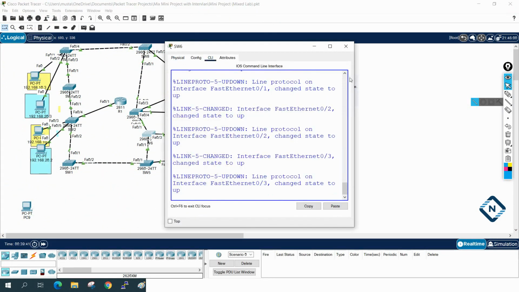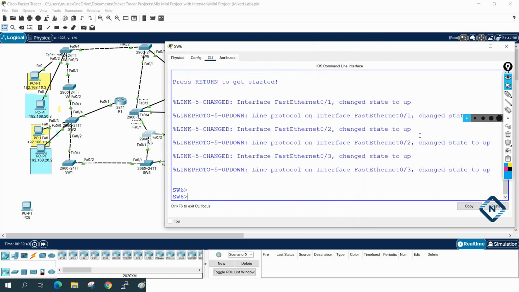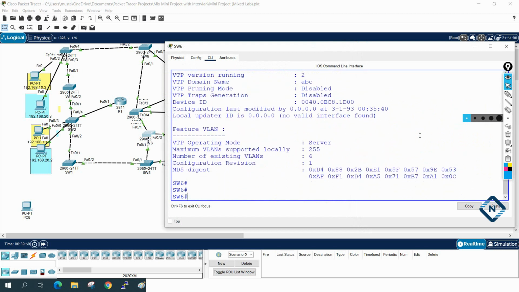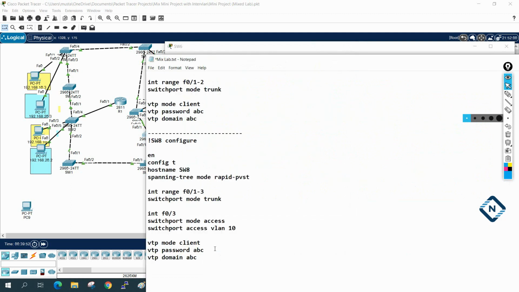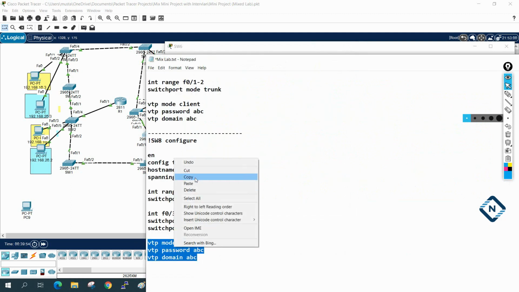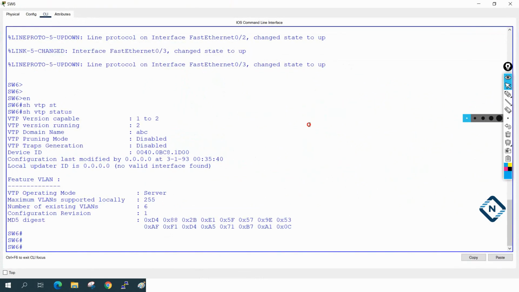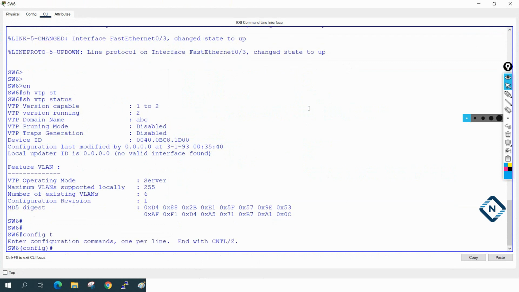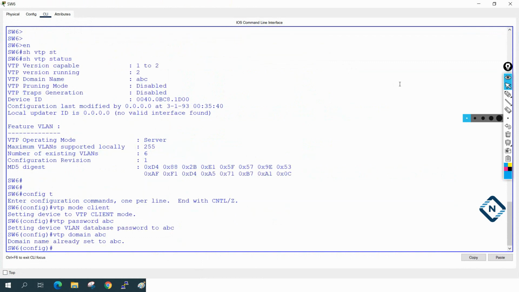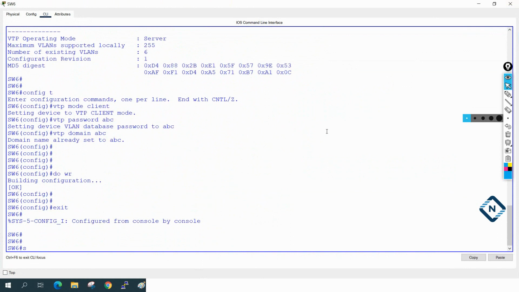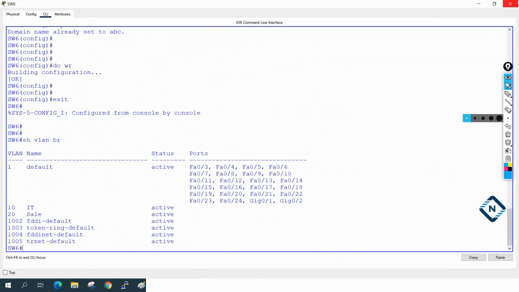Let's check this one. Here, do we have the VTP or not? Enable, config. Let me write here, show VTP status. So this one we don't have, so we can copy and paste the configuration here. Okay, maybe in our previous class we forgot to save, or maybe we did not configure here. Anyhow, no issue, we can check and we can configure. Okay, this is good. And let's check here, show VLAN brief. So we have 2 VLANs here.